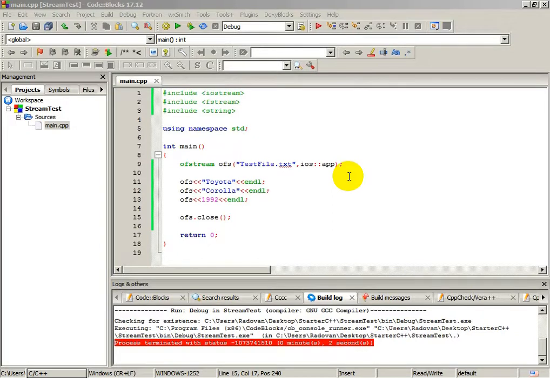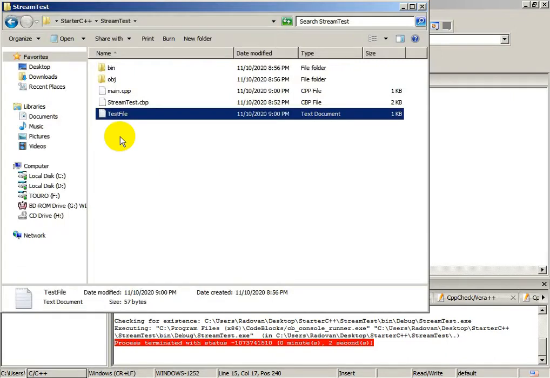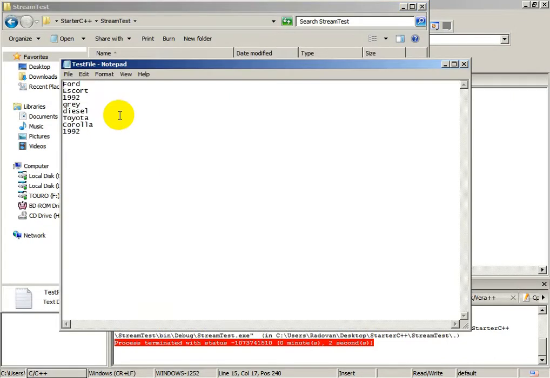In this tutorial we continue working with streams. We learned how to create a file. Here is our file, test file, which we created in the previous tutorial. Now we want to do vice versa. Now we want to retrieve